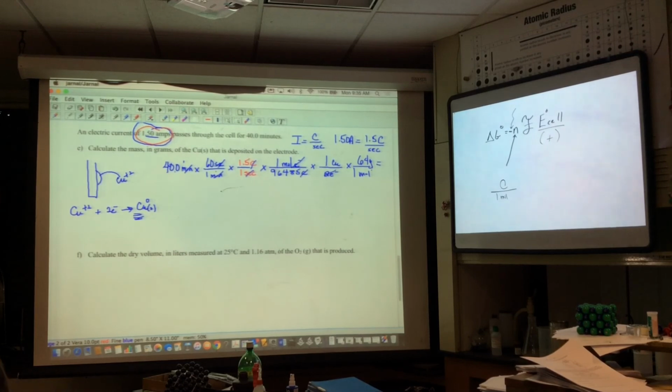So 40 minutes times 60 for total seconds, times that by 1.5 for total coulombs, divide by Faraday's constant, 96,485, to get total moles of electrons. And then I divide by 2 because it takes 2 electrons to make 1. And of course I times that by 64. And I get, now,